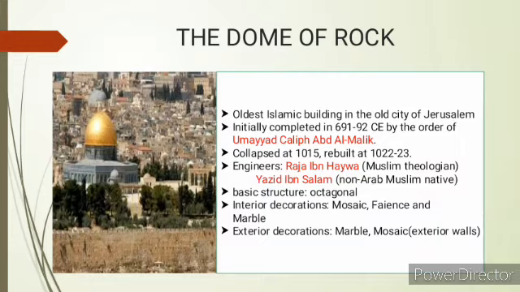Now let's go to the engineers who were responsible for building the dome. We have two, namely Rahim Haywa, a Muslim theologian, and Yazid ibn Salam, an Arab Muslim of Jerusalem. So that was the original dome. But the original dome collapsed during 1015 and it was rebuilt at 1023. 1022 up to 1023, which was later known as the oldest surviving Islamic building or the oldest extant works of